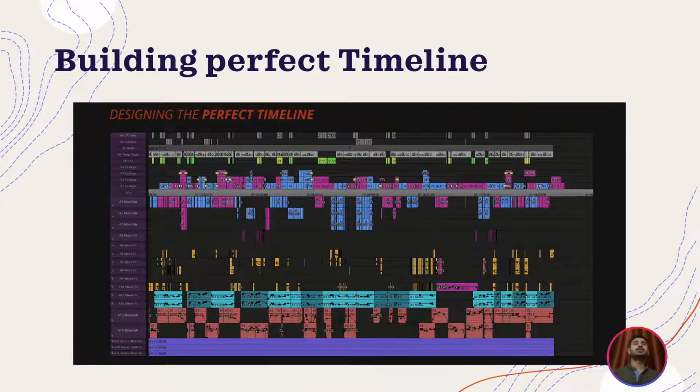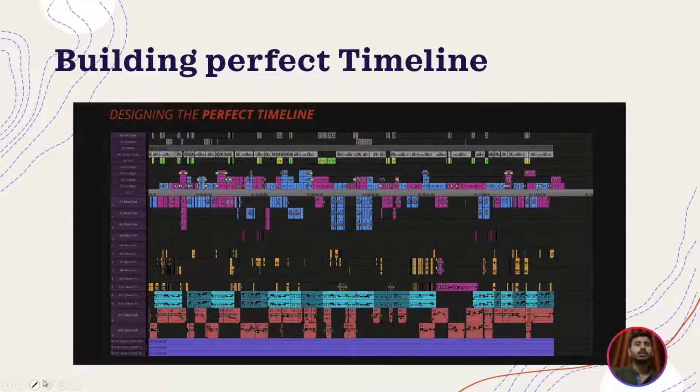So this is how a timeline looks in a big project. Okay, and yeah, it is daunting, it is scary, but there is a method to the madness. It is not random, it is actually highly specific. It is extremely surgical in its approach. So in coming slides, we will break down something like this, where there are V tracks as in video tracks, and down below there are audio tracks.